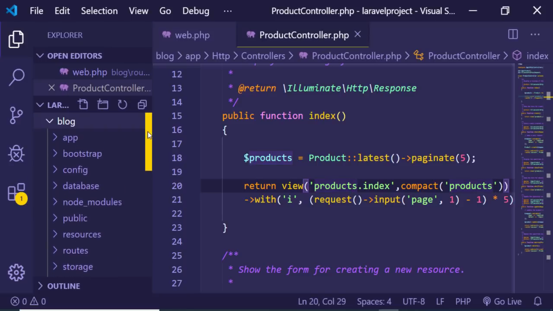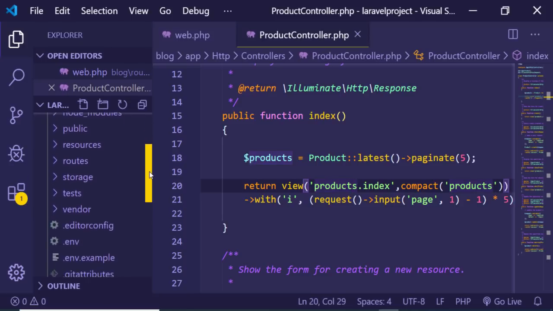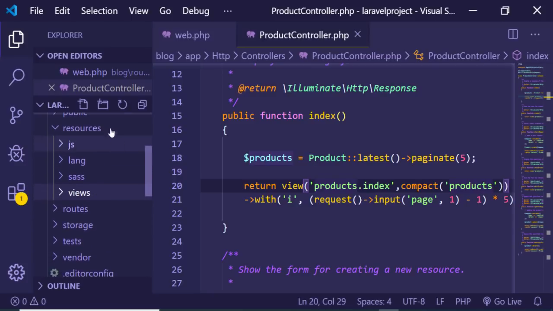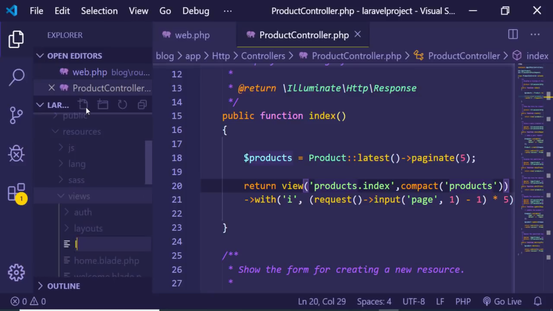So inside your project folder you will find a folder called resources. Just move on to this folder, and inside this you will find this views folder. Inside this views folder we just need to create our layout files. So first of all we will create this